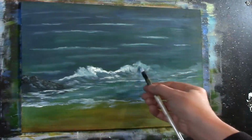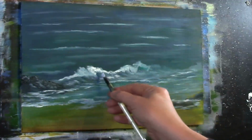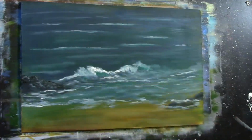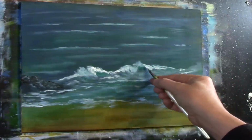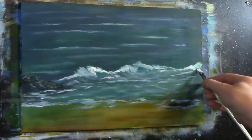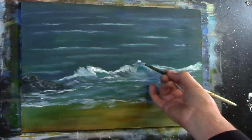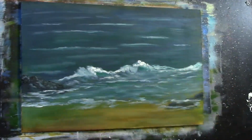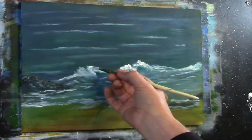A little tiny green in there. A little bit of green in there. Maybe just a little bit of green in there as well, like that. Let's get some more of this lovely foam. Some bright white tips. Well, don't overdo that. Just a little bit of brightness where you think this